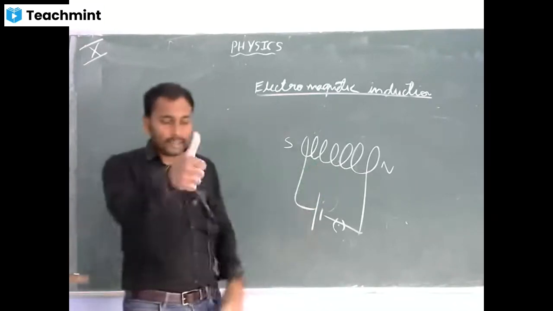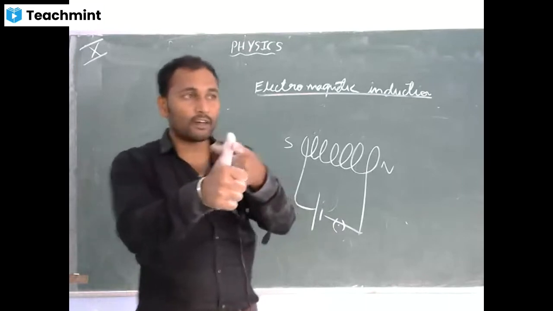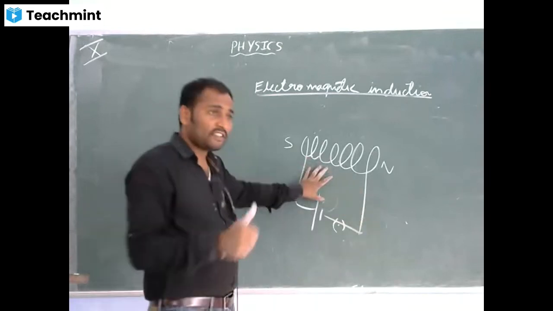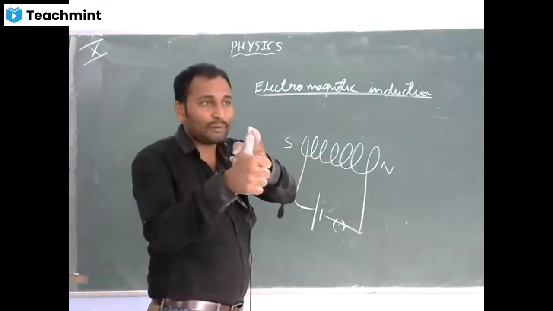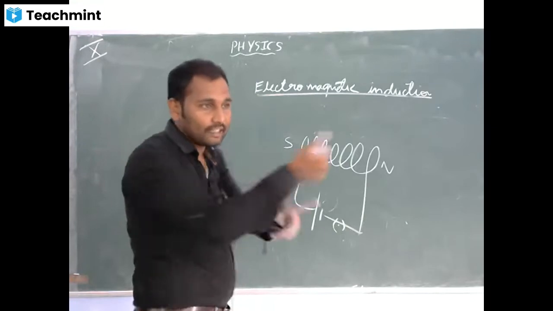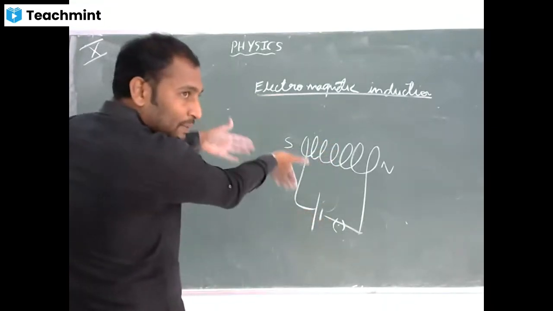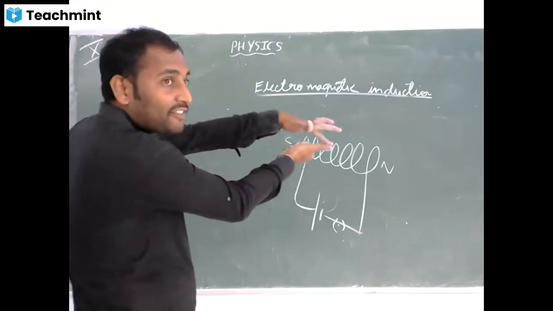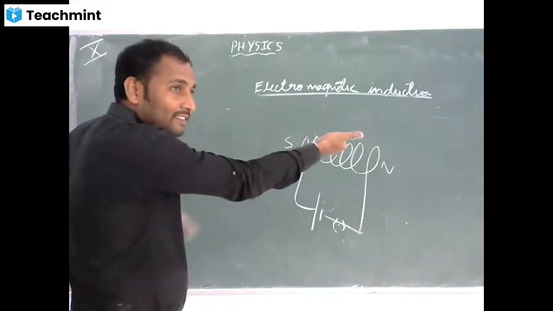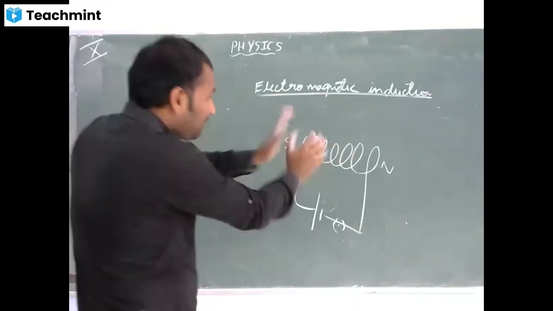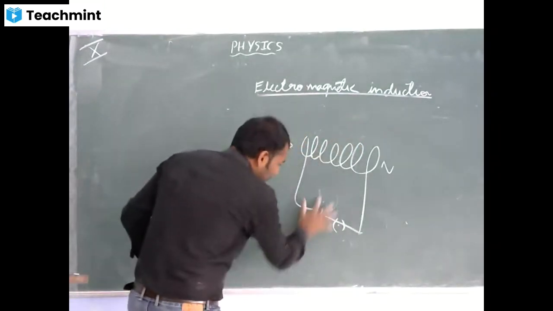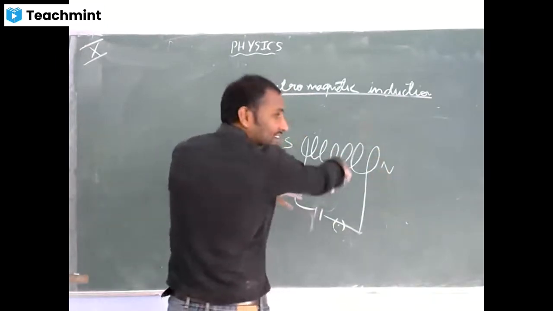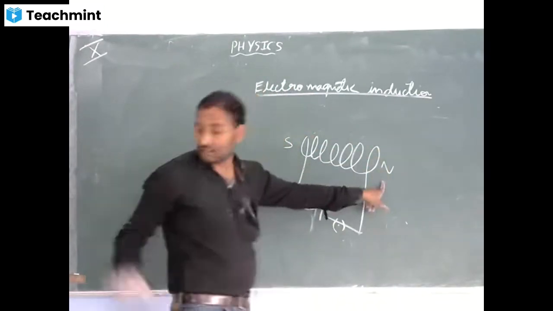So here, see, the right hand thumb rule says the thumb indicates the direction of current and the wrapping of fingers indicates the direction of magnetic field. Here, just take it in reverse. The wrapped fingers give the direction of current and the thumb gives the direction of magnetic field. Current goes from positive to negative, moving up. The thumb gives the direction of north, and the other side is south. If this is positive and this is negative, current will flow like this, so this side will be north and that side will be south.